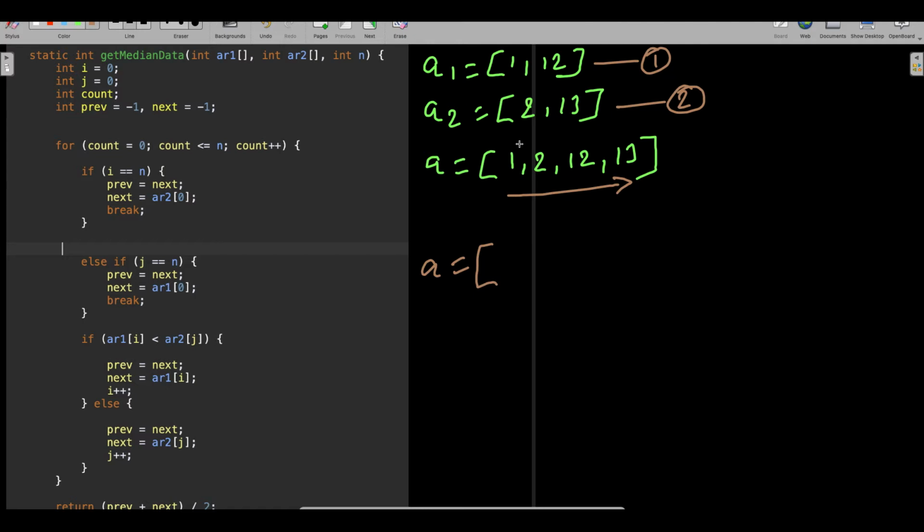So when you merge both, in this array the first element is the lowest, and in this array the first element is the lowest. If you compare these two, whichever is lesser is going to be the first element. So if you compare 1 and 2, 1 is less than 2, so 1 will come as the first element for sure.